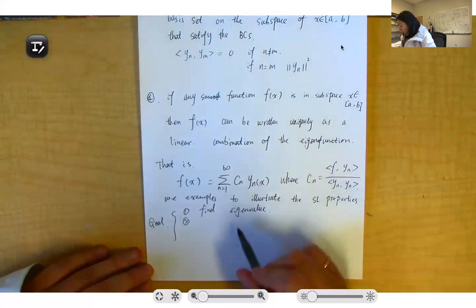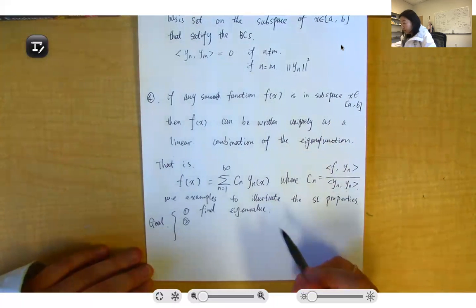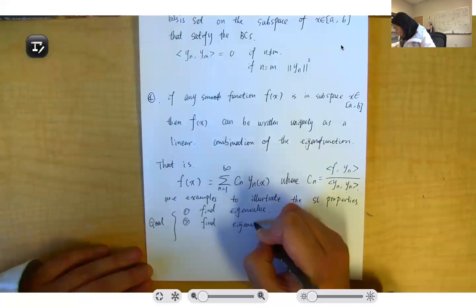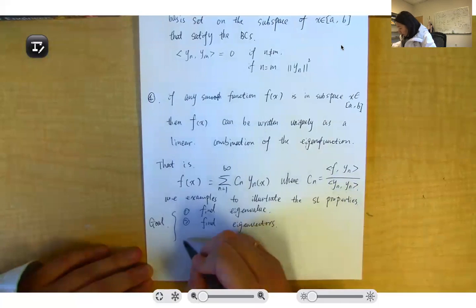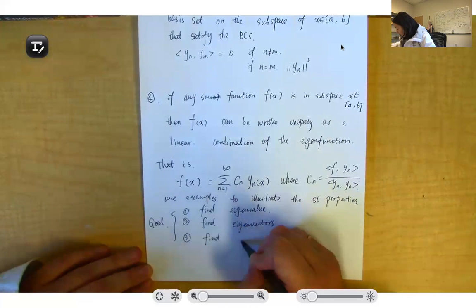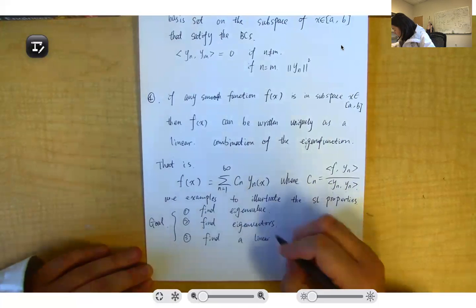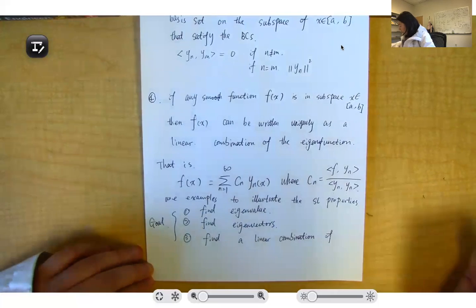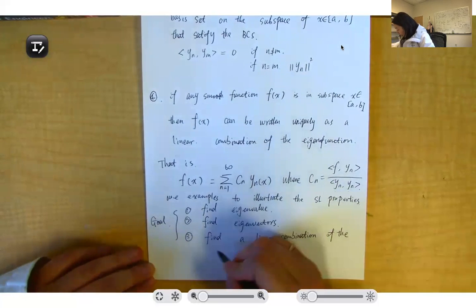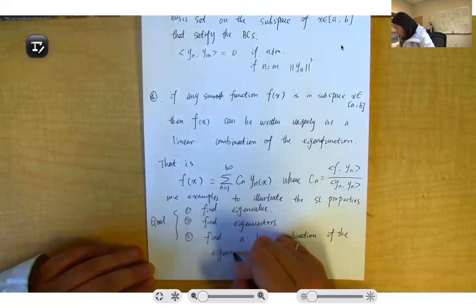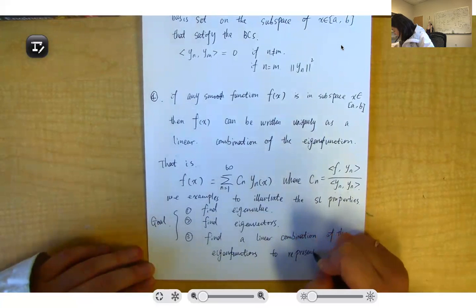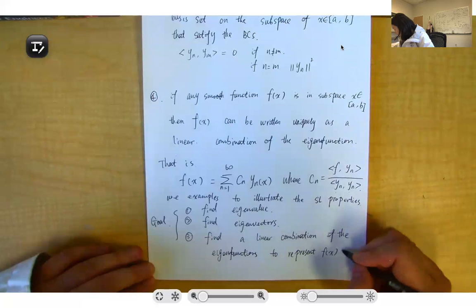Then after you find the eigenvalues, find the corresponding eigenvectors. Then we are trying to find a linear combination of the eigenfunctions to represent your f(x), where your f(x) is a continuous